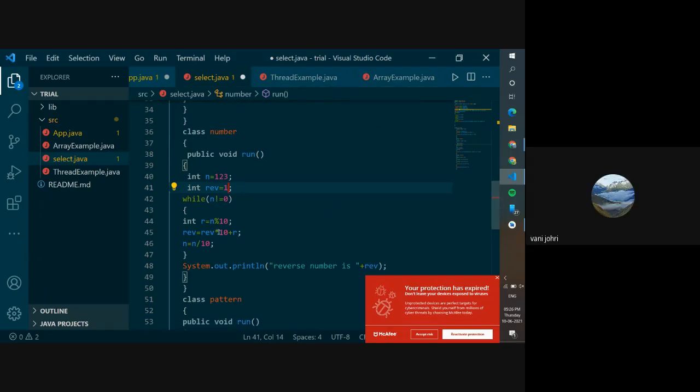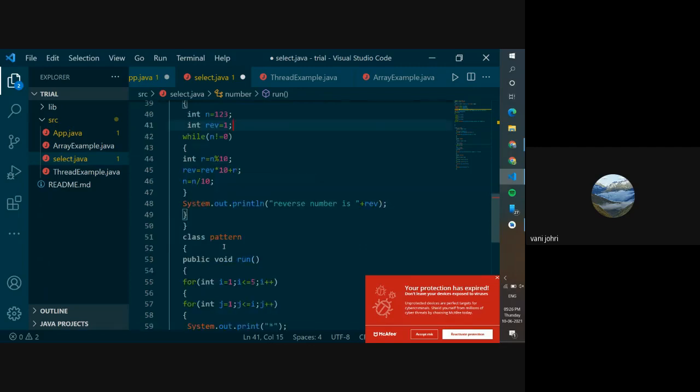If this would have been plus, this would have not been multiplication, you would have done REV is equals to 0. Because multiplying anything with 1, you get the same thing back, right? That's why you just write REV equals to 1. If this would have been plus, then adding a 1 would change the value. So you would take 0 because adding anything with 0 will not change the value.